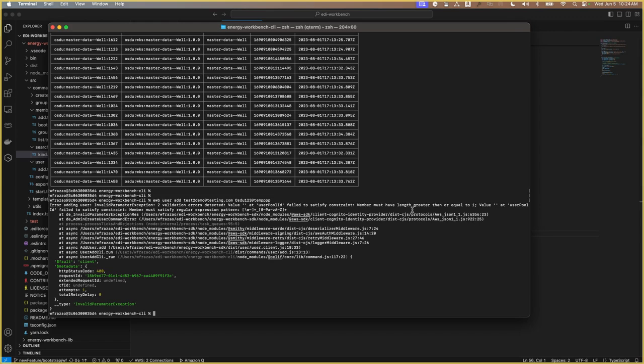As you can see, it didn't work. Actually, it worked, because it's saying that the member, the user pool, has to be fixed. I have to work my way here. But anyway, this is a live demo. As I said, this is an active development environment that I have, and sometimes we face some errors. But this is the whole idea of having